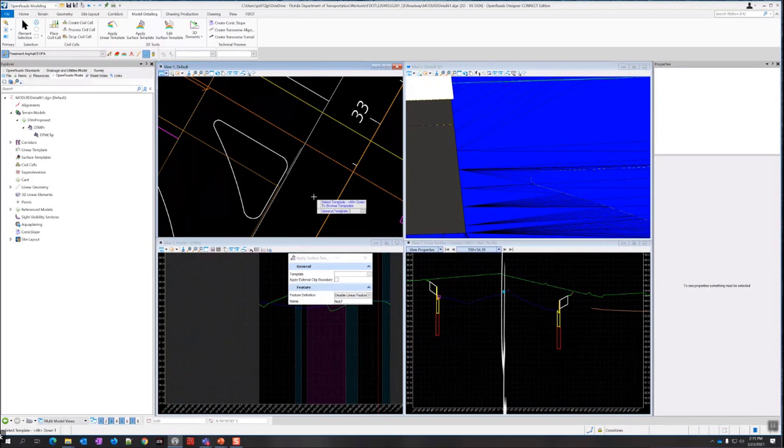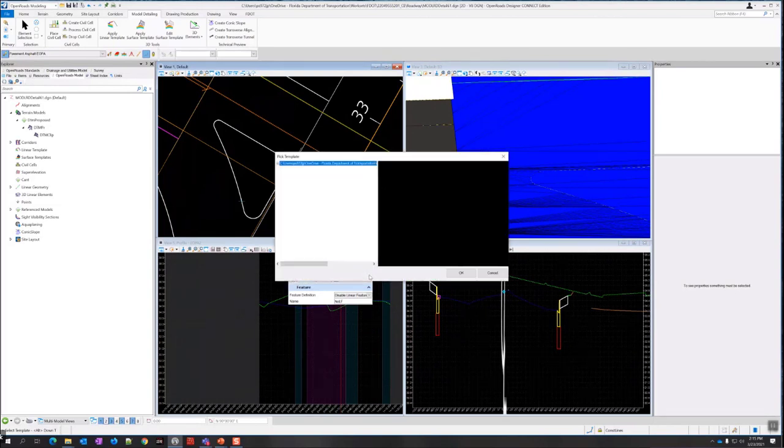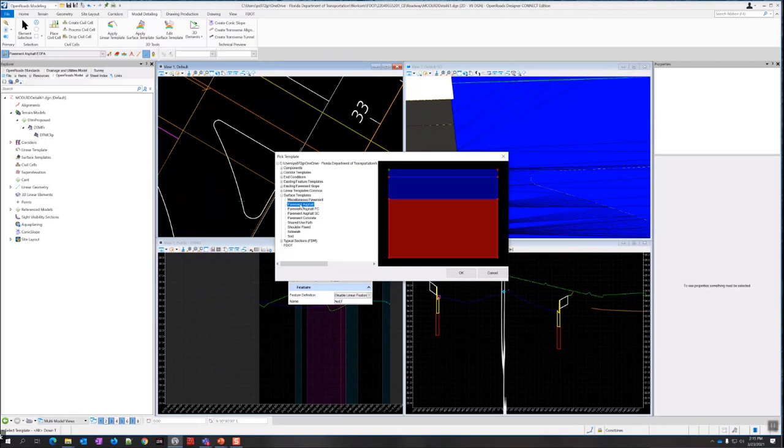I can use the Alt down key if you want to use your keyboard. I'm going to click the three dots here in the dialog. It's good to verify that you have the right ITL file loaded up here. At the top, that looks right. I'm going to go to Surface Templates, and I'm going to pick Pavement Asphalt.